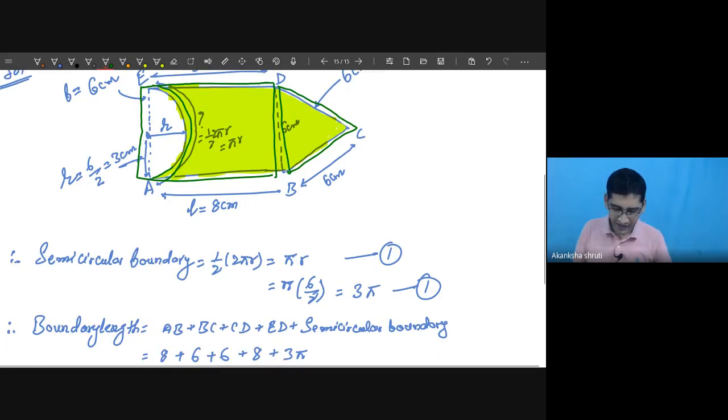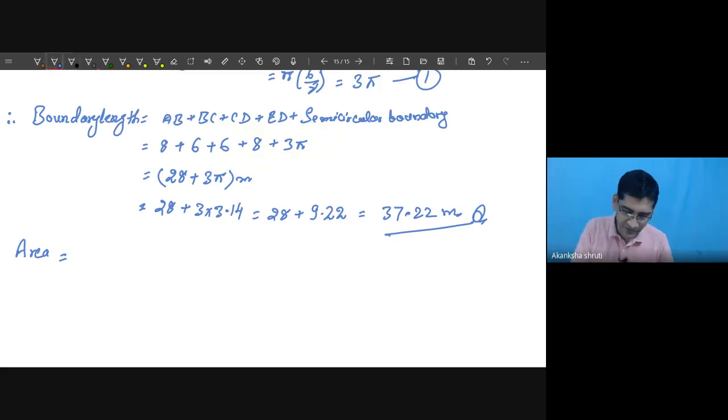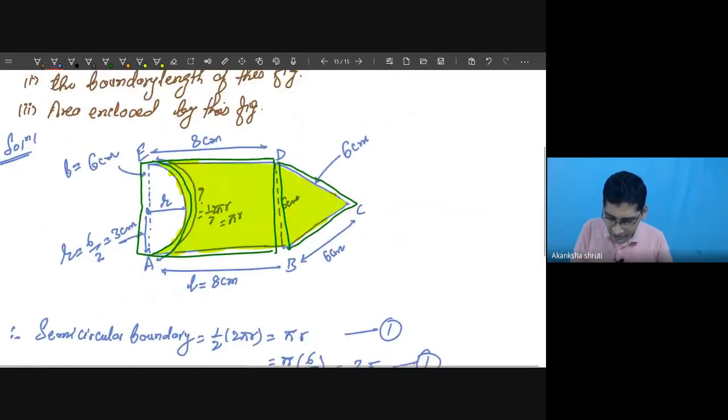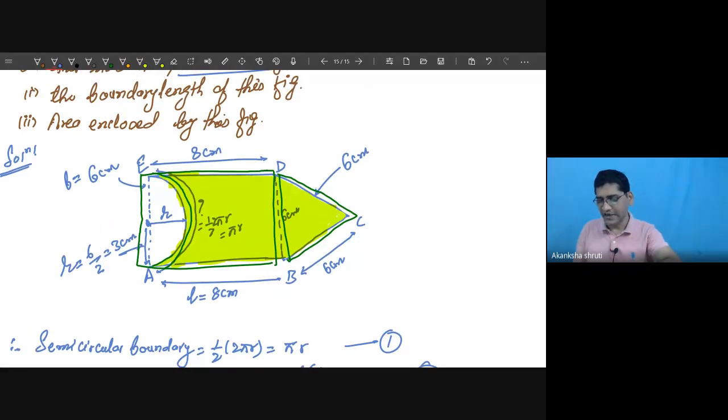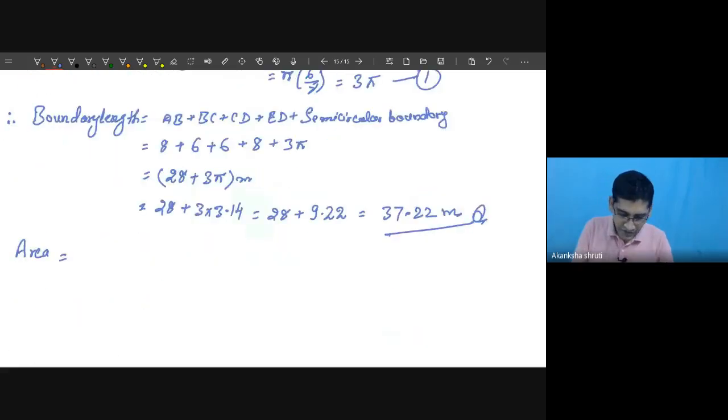So write required area. Directly write the formula. First you understand how it can be determined. Then convert it into different parts. After converting into different parts, just write what is the required area. No need to first calculate the area of semicircle, rectangle, then triangle. No, that is a bad habit. So you can write here required area directly as required